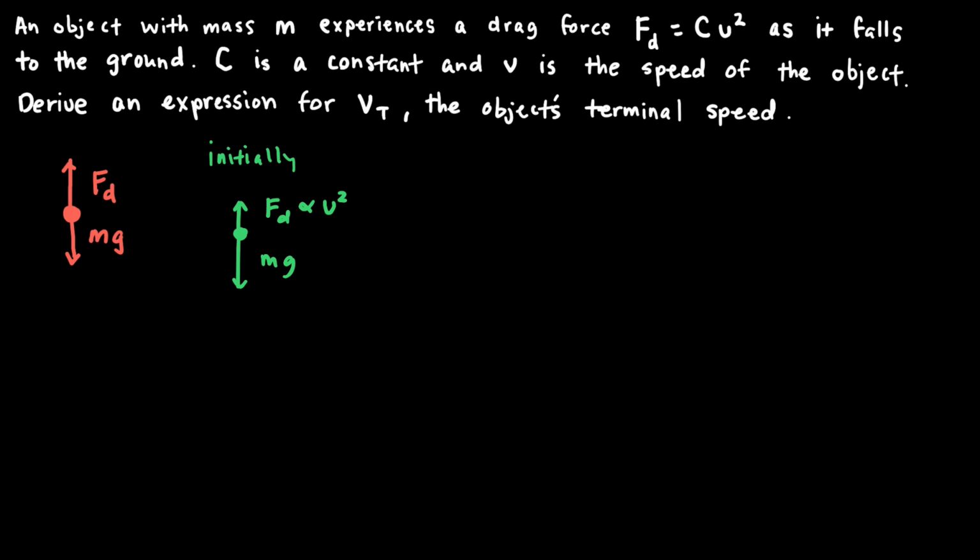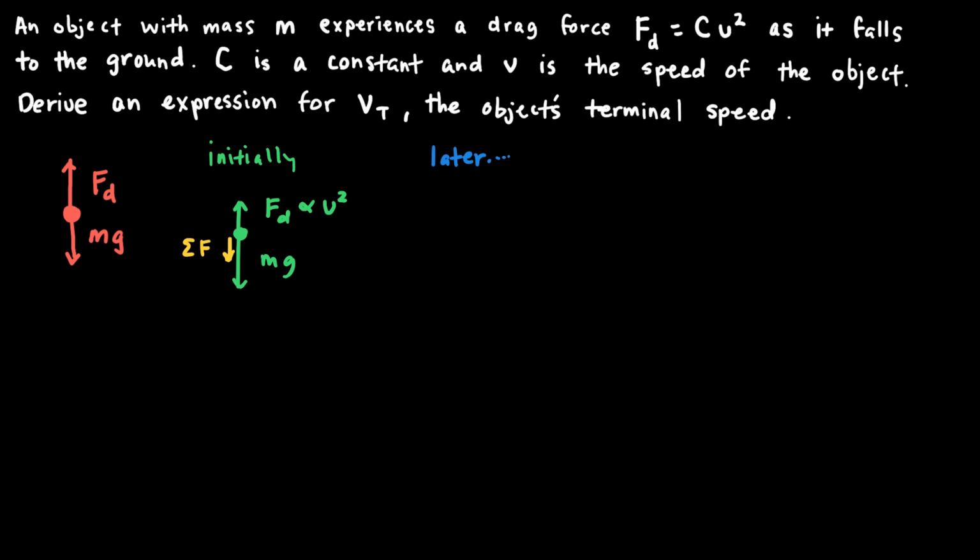And so initially, when the object isn't moving very fast, the drag force will not be very large. And what you'll notice is that the sum of those two forces, the net force acting on the object, is going to point downward and would be represented by the difference between those two vectors. And so maybe the net force points downward, something like that. But a moment in time later,